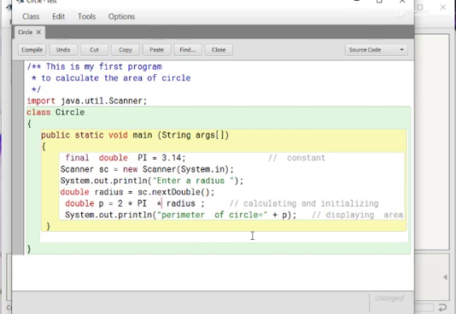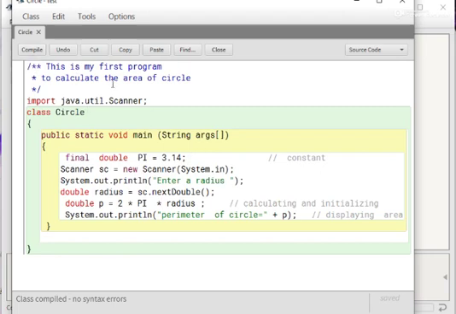After that, the third type of error we have seen is the runtime error. A runtime error occurs during execution of the program, for example if a user gives wrong data, or due to some other reason.